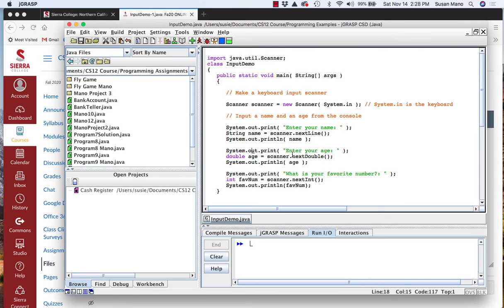Then we're going to ask for the age. We have a variable here called age that's of type double, and that's going to use nextDouble. So here we use nextLine, here we use nextDouble. It's going to look for a double value, a floating point value, read that in and assign it to age, and then print age. And then we're going to ask, what is your favorite number? And now there's also an integer one,